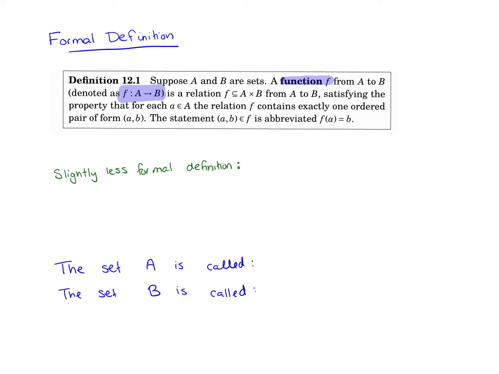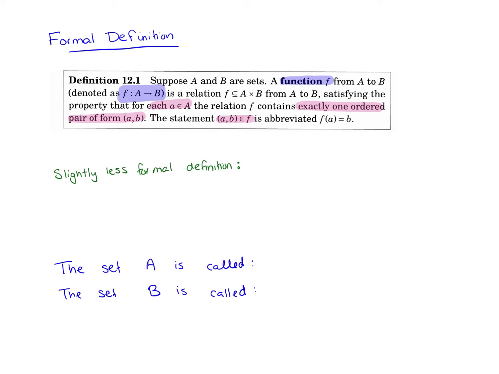And it satisfies this extra special property that for each element of the domain, so for each a in A, the relation f contains exactly one ordered pair of the form (a, b). And then instead of writing that (a, b) is in this set f, we're just going to write that f(a) = b. All right, so that is our formal definition in terms of defining the function f as a set. In particular, it's a subset of a Cartesian product, so really it's a relation, and it's a relation with that special property that for each element in that